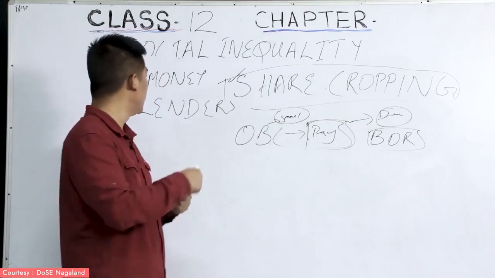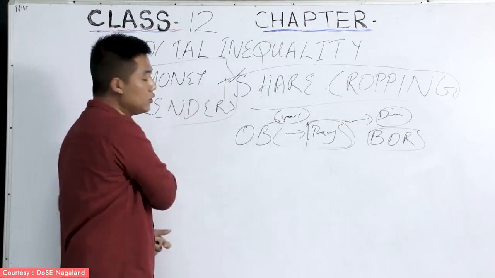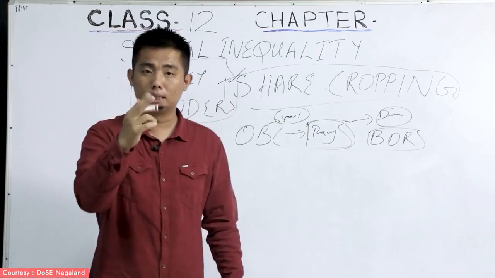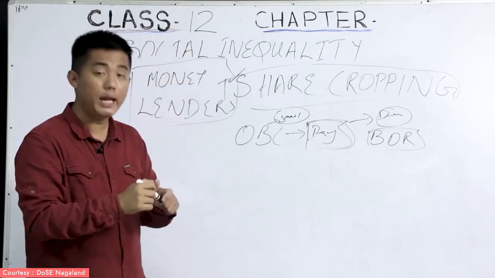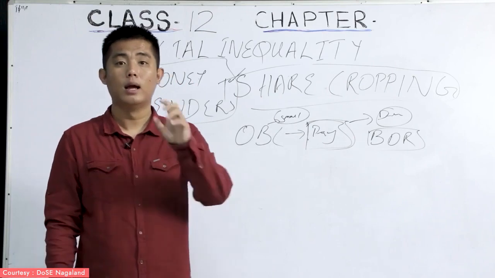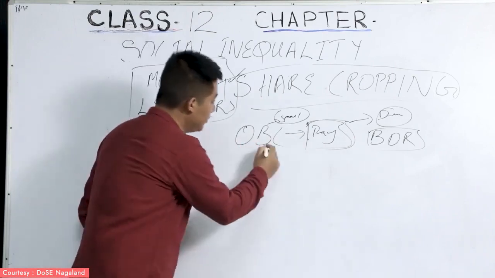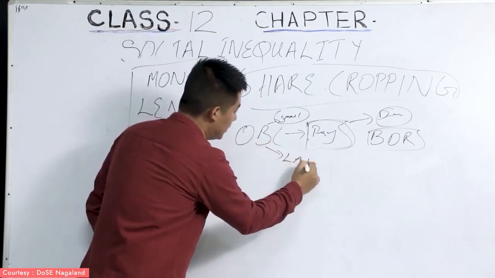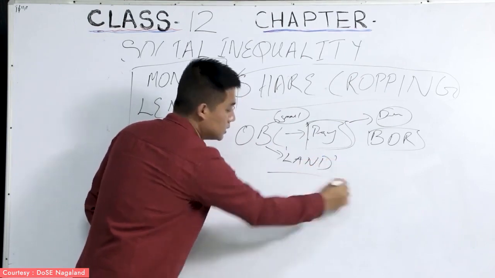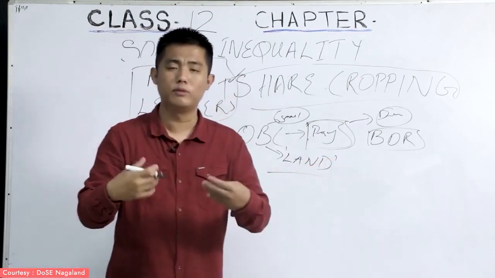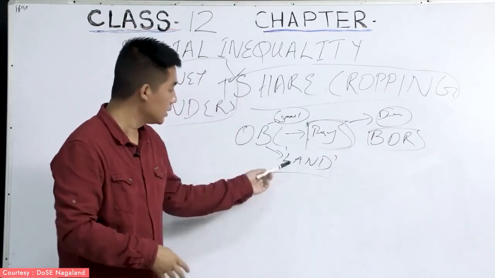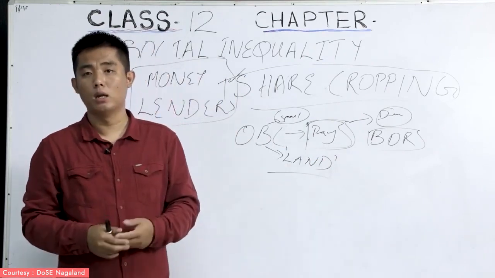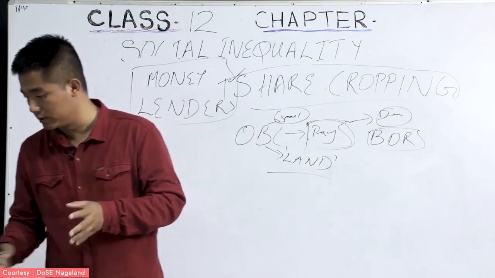And this was the reason why the money lenders enjoyed so much in the society, but the poor OBCs have to pay the money in return, and this is where some of them even lost their land, the land which belonged to the OBCs. Some of them have to give back their land. Why? Because they would write a mortgage, saying that if I cannot pay this amount of money, you can take away my land and all those stuff.